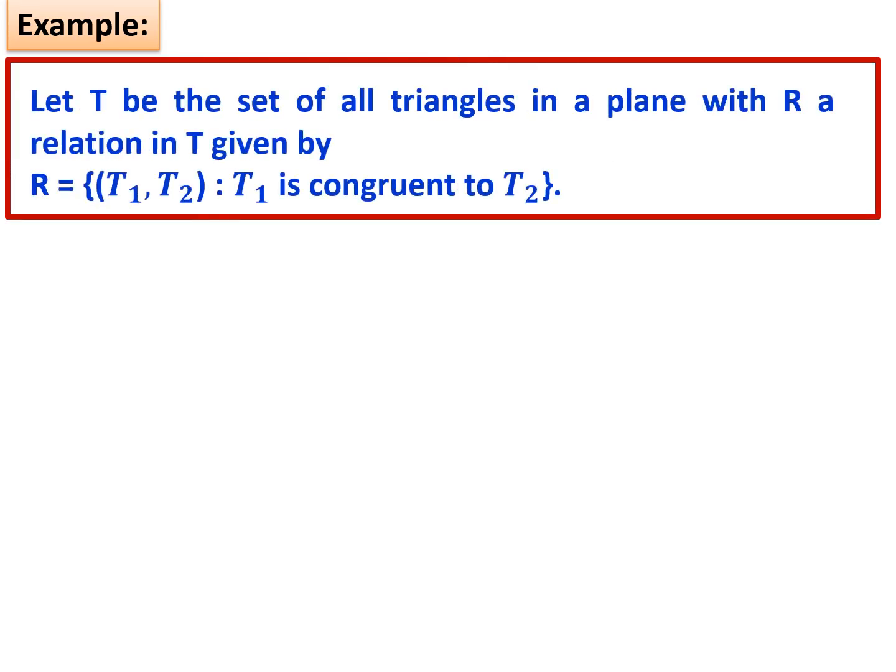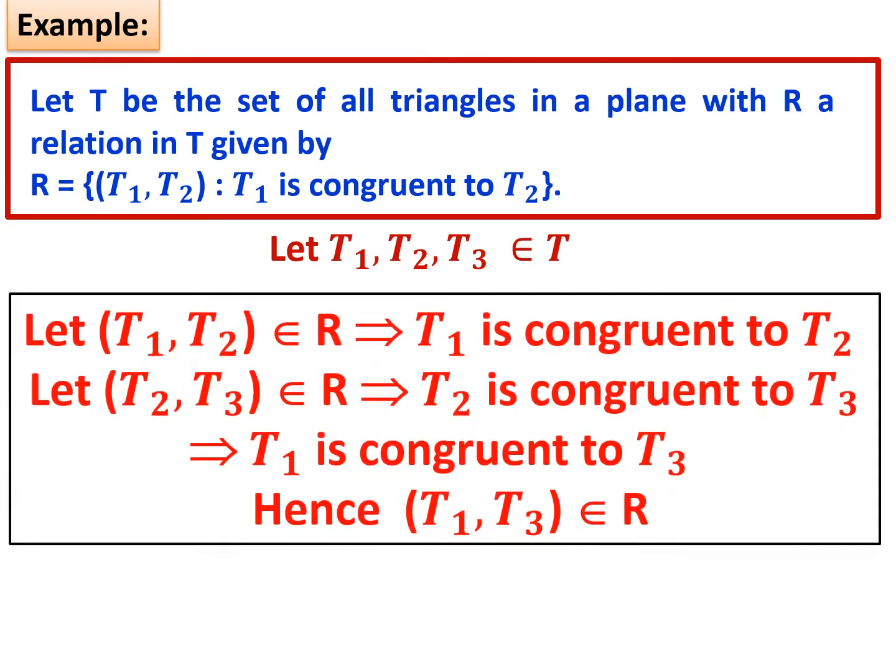Well, let us take another example. This is the congruence relation. Again, very simple. T1 is congruent to T2, and when T2 is congruent to T3, then T1 is congruent to T3. I think we have already seen this idea in proving certain results in class 9th and 10th. That is, when the first is congruent to the second and the second is congruent to the third, the first is automatically congruent to the third. So this is a transitive relation.